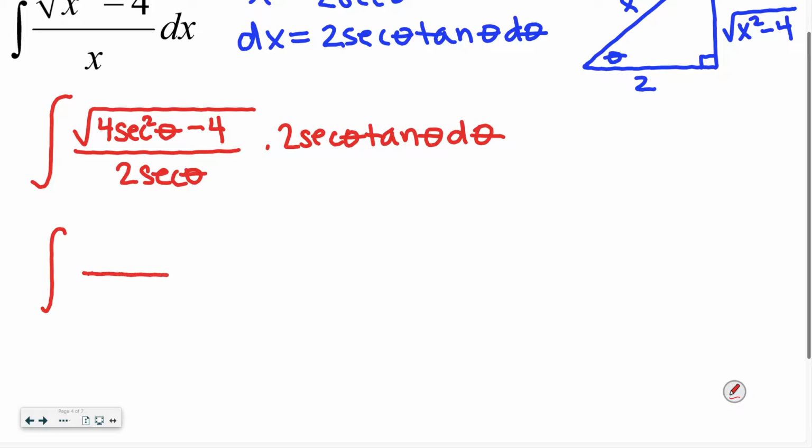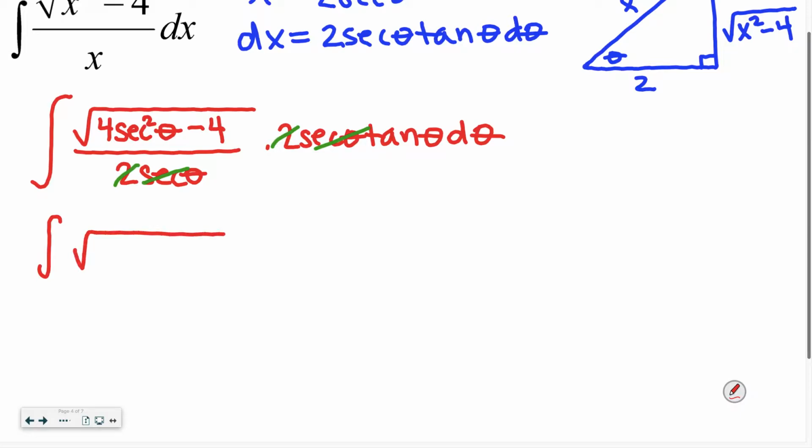Help me out with how much work you want me to show. Every minute detail. Can I go ahead and cancel out 2 and 2? Yes. Can I go ahead and cancel out secant and secant? Yes. Oh man, that's nice. Okay, so we have the integral